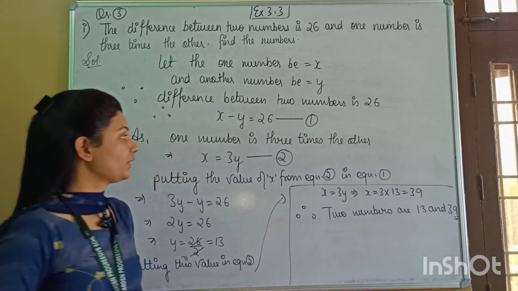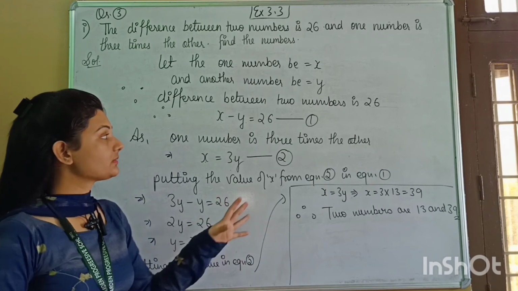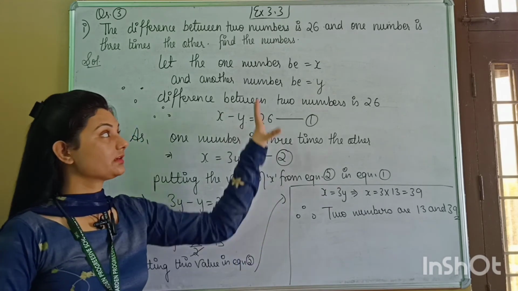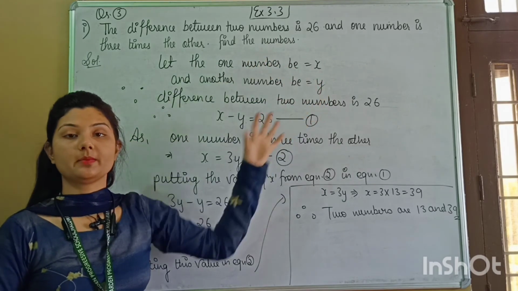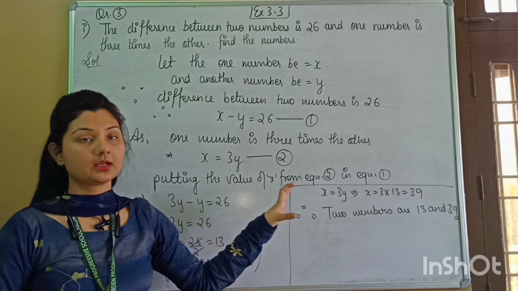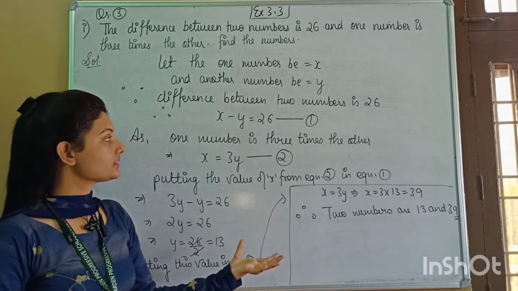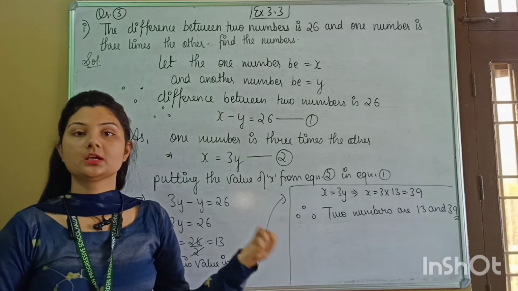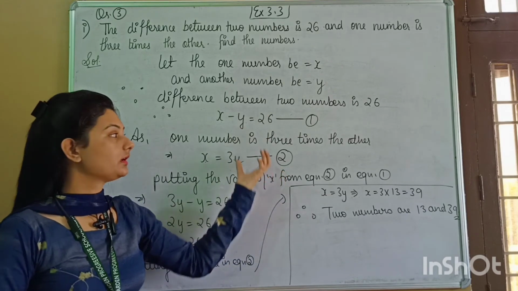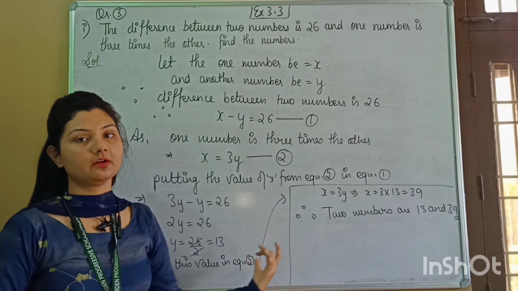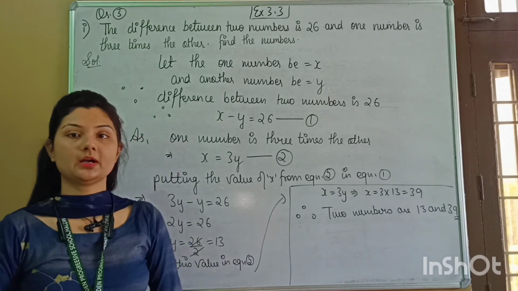See, what you have to keep in your mind while doing these word problems is just sentence by sentence, read the given statements very carefully, and after reading the statements make the equations dependent on that. जो statements हैं उनको आपको अच्छे तरीके से read करना है, and then after reading the statements you have to make the equations using that information. And when you have got two equations from the question, now solve these equations and find out the unknown variables. So now we have completed the first part of this question.